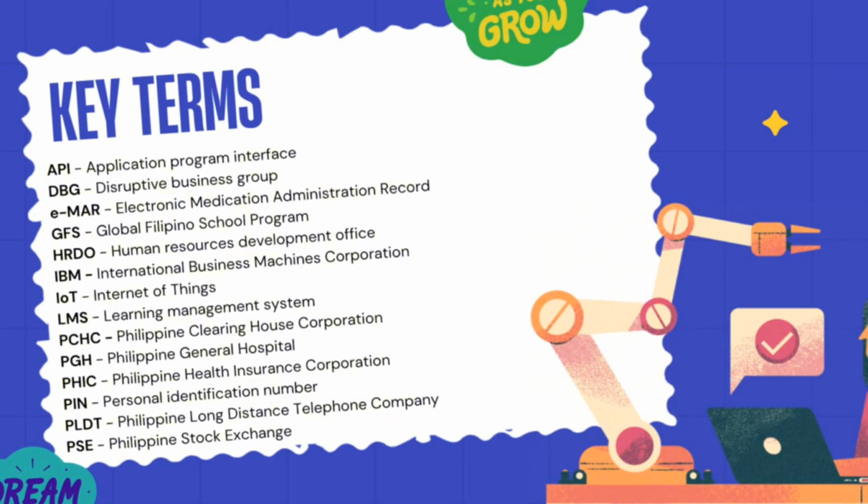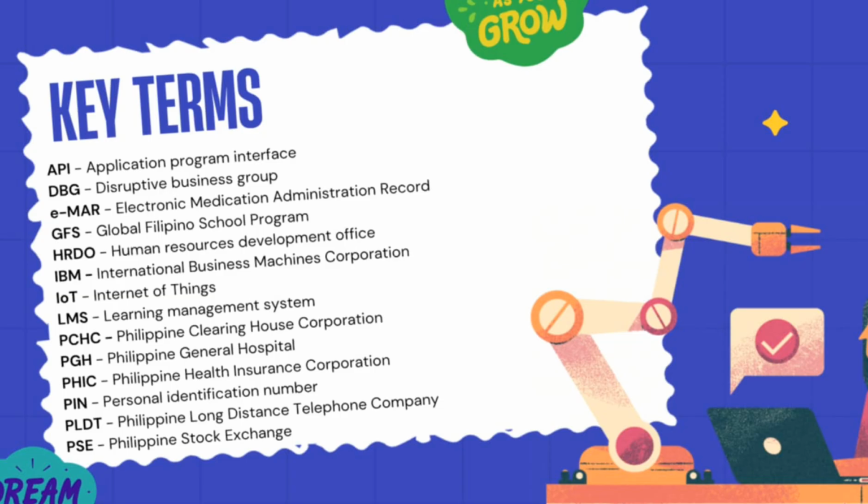which are rather a mix of technology, business, healthcare, education, and Philippine-specific terms. So first is the API, which is the Application Program Interface, and next is the DBG, which is the Disruptive Business Group, the EMAR, which is the Electronic Medication Administration Record, and the GFS, which is the Global Filipino School Program,